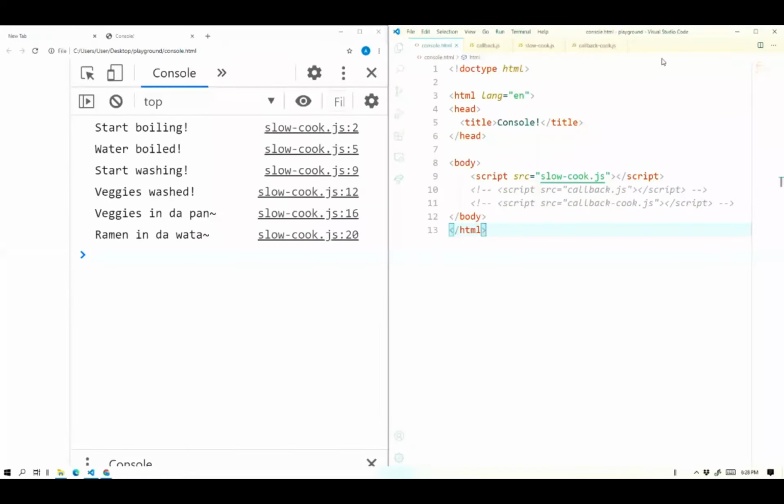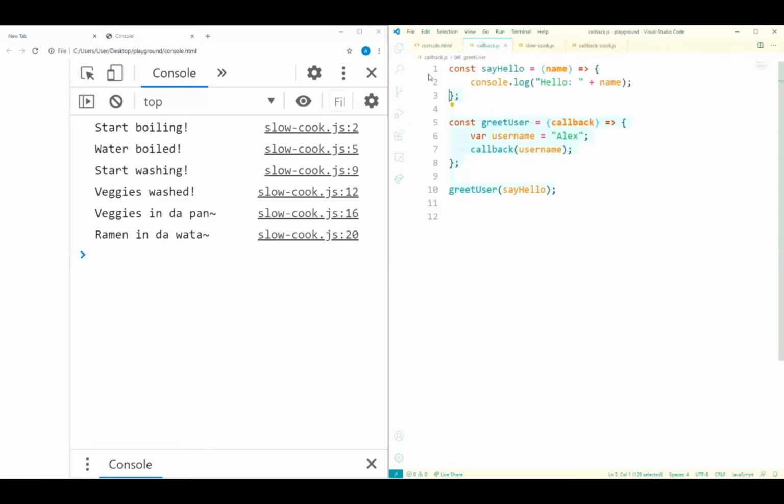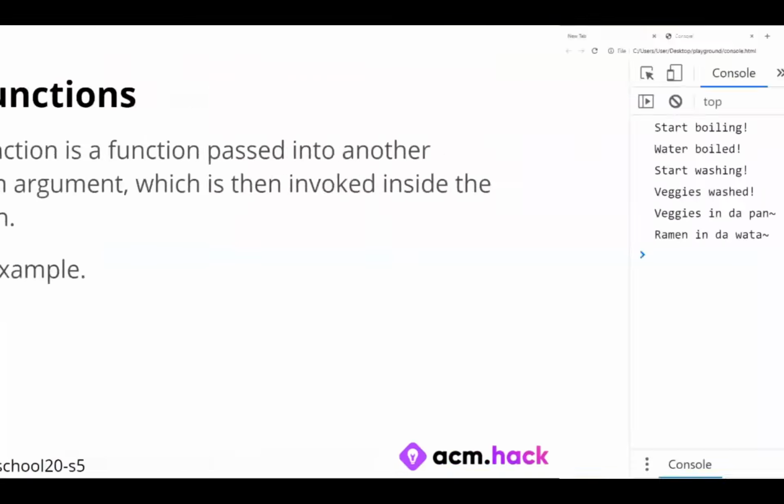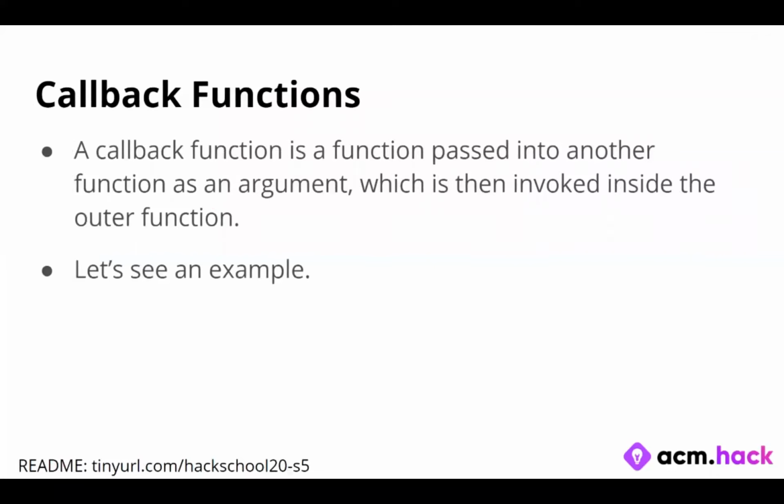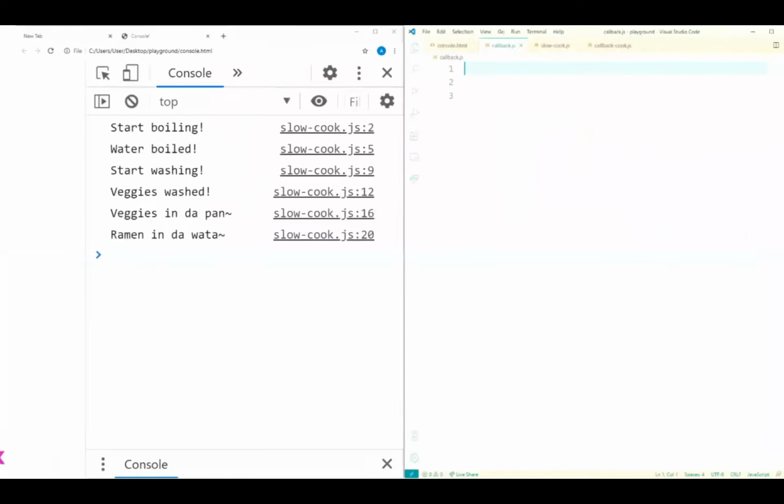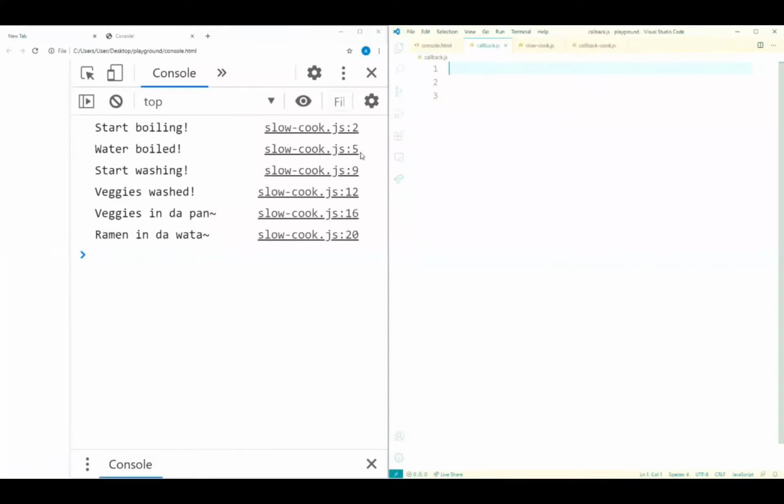So I'm back on this page. I have a JavaScript file called callback.js. Let's go on to this callback.js. I'm going to get rid of this. Yes, so callback.js. We want to define a function called